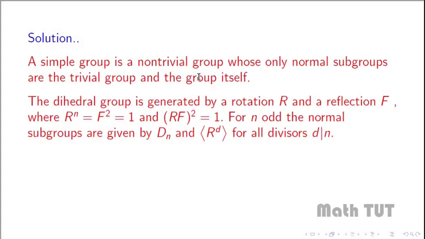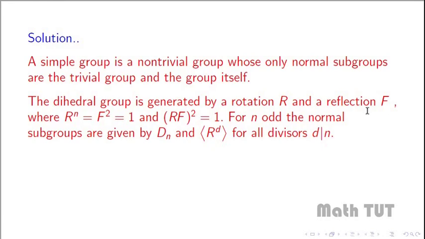Here also I'm going to use the idea of dihedral groups to give you some idea regarding the third option. The dihedral groups basically are generated by rotations and reflections, and if you see the group presentation, you can see something like this. That is, the group generated by R and F, where R^n is equal to identity, F square is also equal to identity, and (RF) whole square is equal to 1. That 1 is identity. So the group generated by such rotations and reflections is actually the way we do the group presentation for the dihedral group.